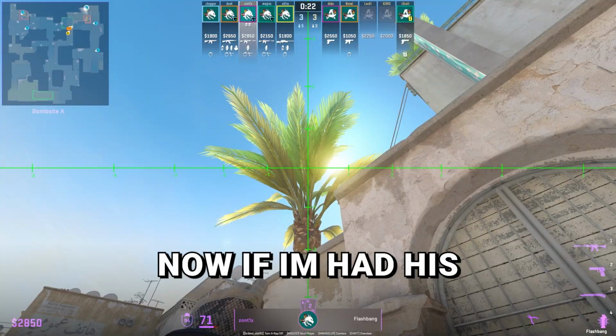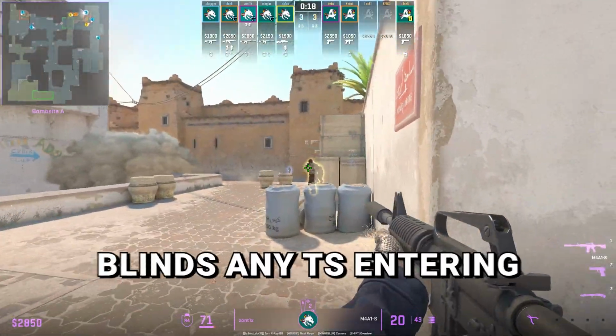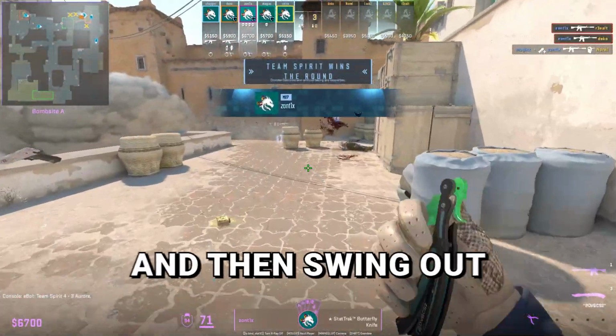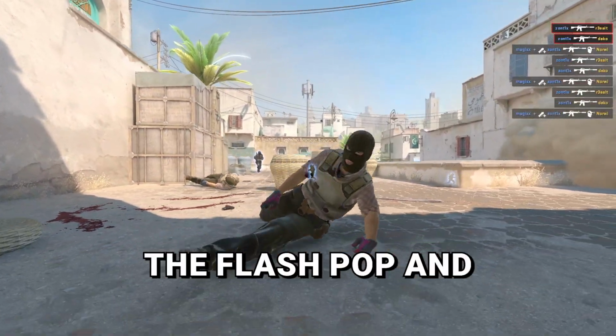forcing out Emma. Now if Emma had his flash still, he could have thrown this Zontic's flash that goes over the wall and blinds any Ts entering out from short and then swing out. It's super effective because the Ts will not be able to see the flash pop and they can't react to